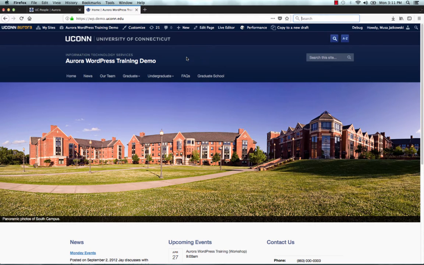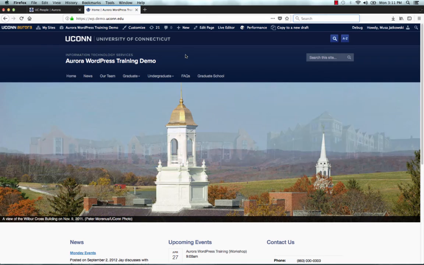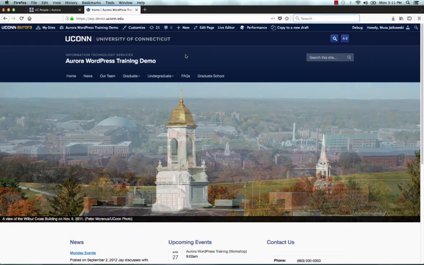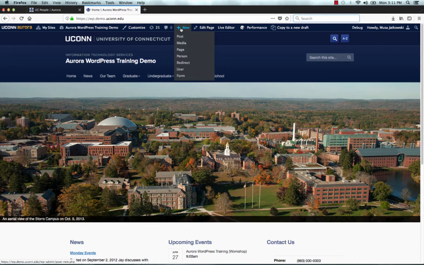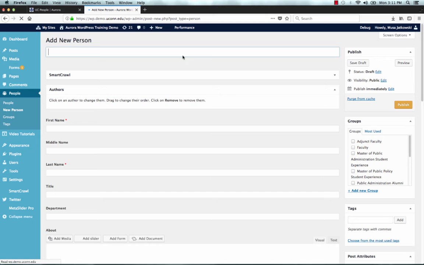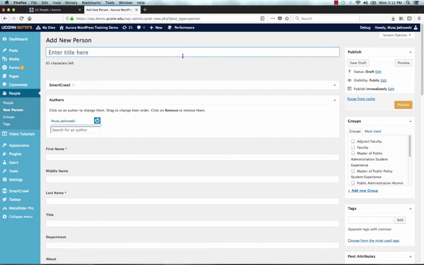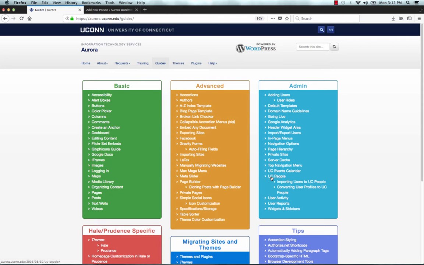You can create a directory listing for your website using the People plugin. You first need to create individual person pages. So to create a person page, you click on plus new person. For information on how to set up a directory listing and for examples, go to Aurora Guides and select UC